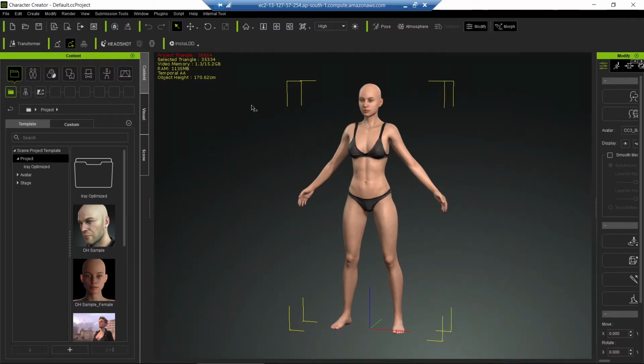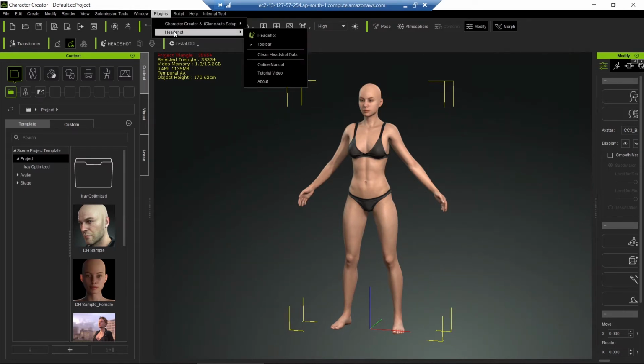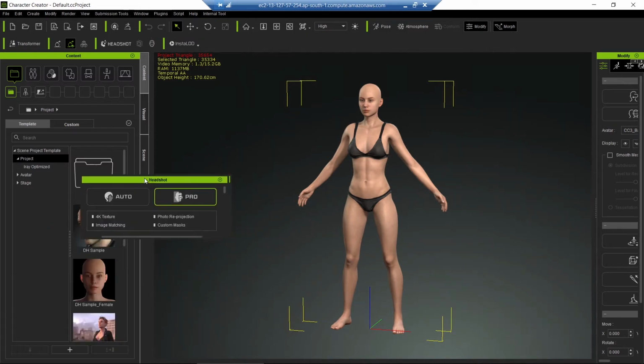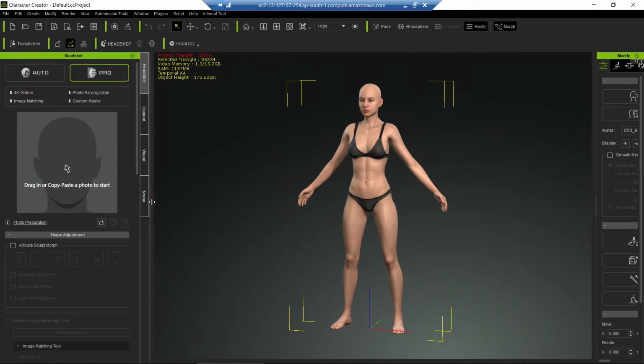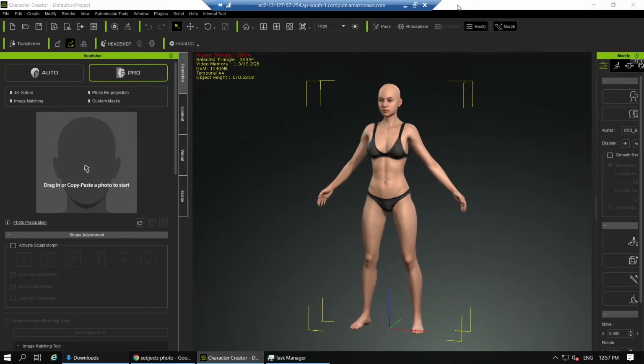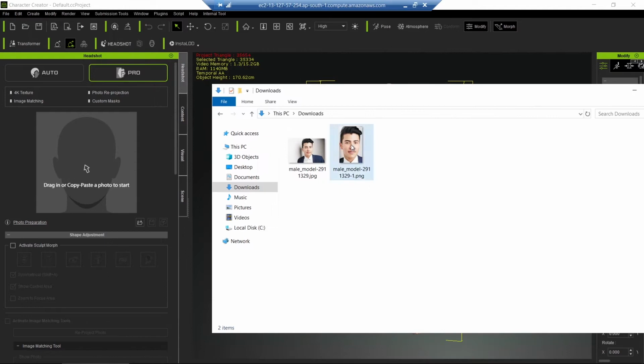So here you are in, and that's why I will not be working with the female photo. For headshot, just go in the plugins, Headshot, and initiate Headshot. So Headshot has been initiated here. Now let me enlarge it a little and drag the photo. Then the photo we are having is this one photo.